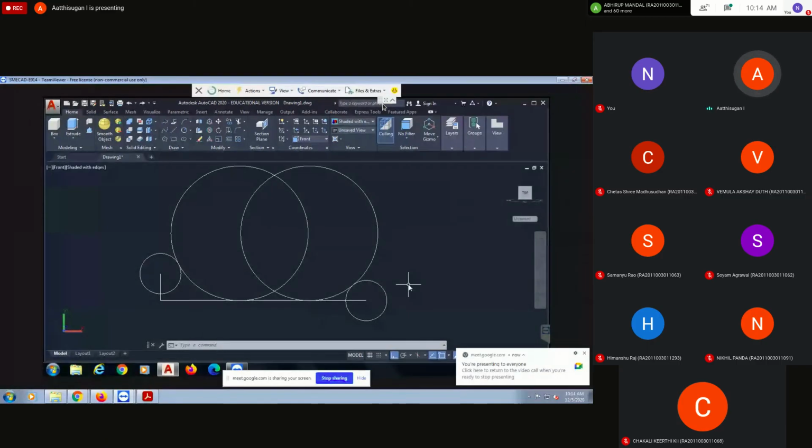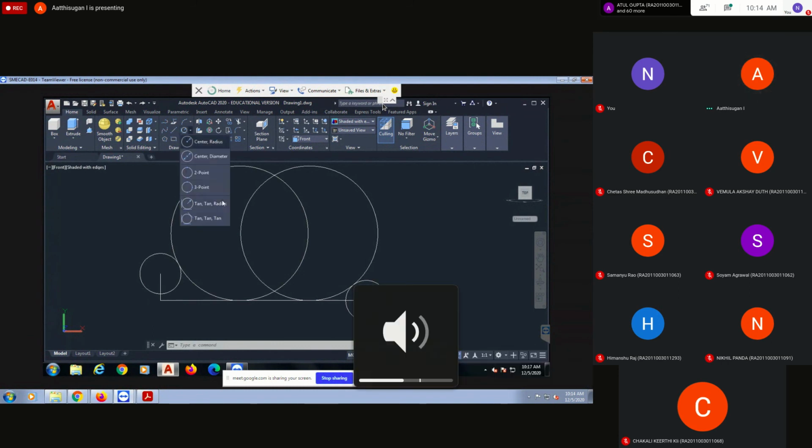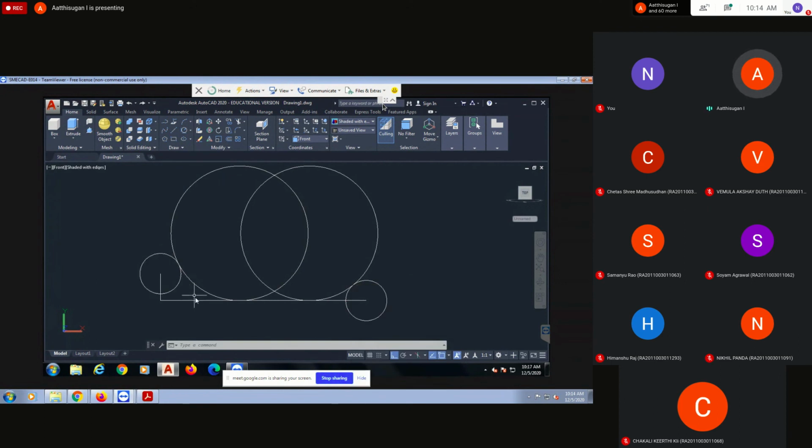Okay, up to now, any doubt for this one? No, sir. Okay, so again repeating, you draw the line length of 150 mm. Draw the circle radius of 15. Then take this line length, take 20 mm, draw the circle again 15 mm radius. That is first. Next, using the tan radius, select this circle and select this line, then radius is 50.